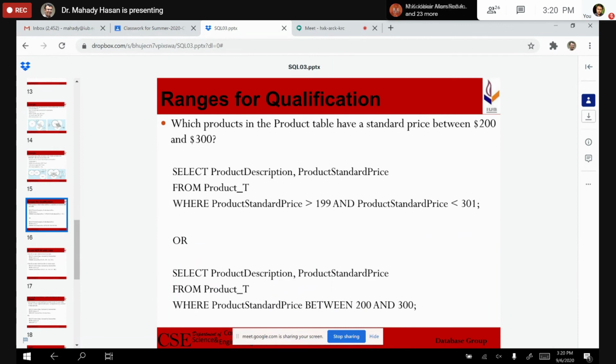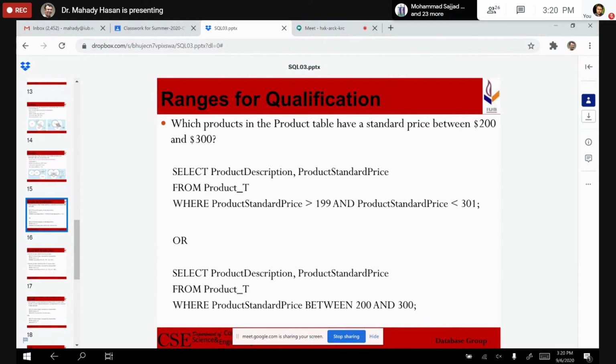So if we want all the products within a particular price range, for example between 200 and 300, we can say standard price is greater than 199 and standard price is less than 301, or we can say standard price greater than or equal to 200 and less than or equal to 300.